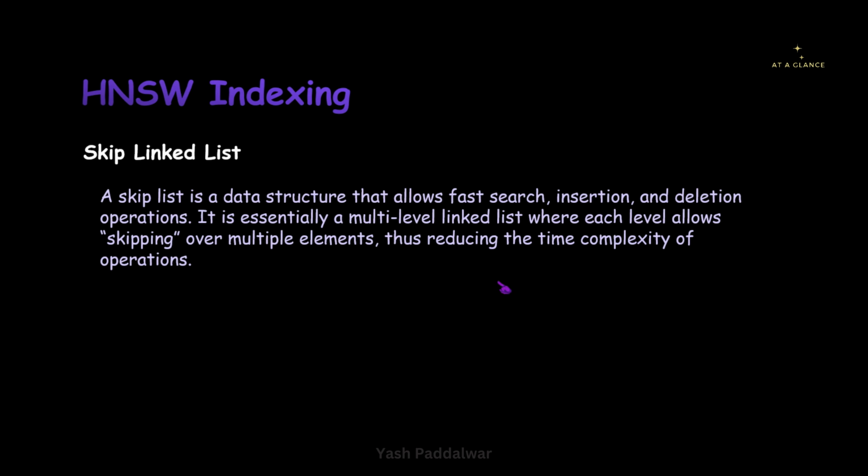So here multiple levels are constructed, and as we move above, the number of connections reduces, or I would say the number of skips increases. Now this linked list is known for its faster search, for insertion as well as for deletion operation. So I hope the definition of this skip linked list is somewhat clear to you all. Now let's jump to the working of this skip linked list. How it works, let's see.